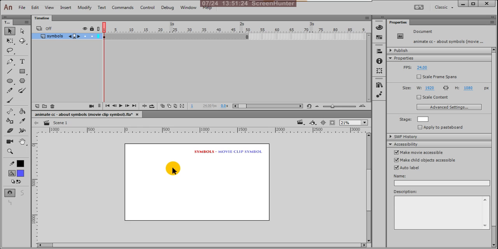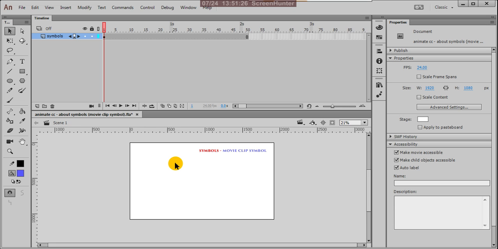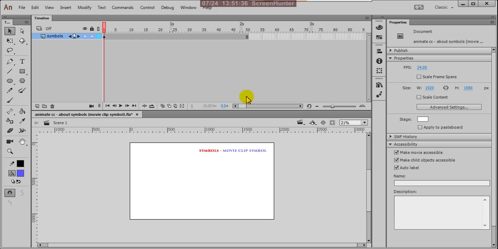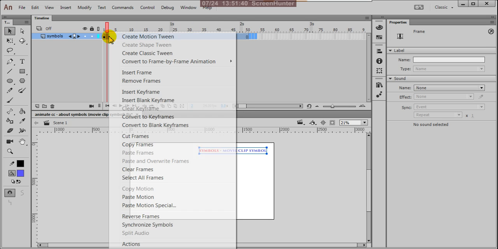Then come to the movie clip symbol. So this we can remove for the time being.